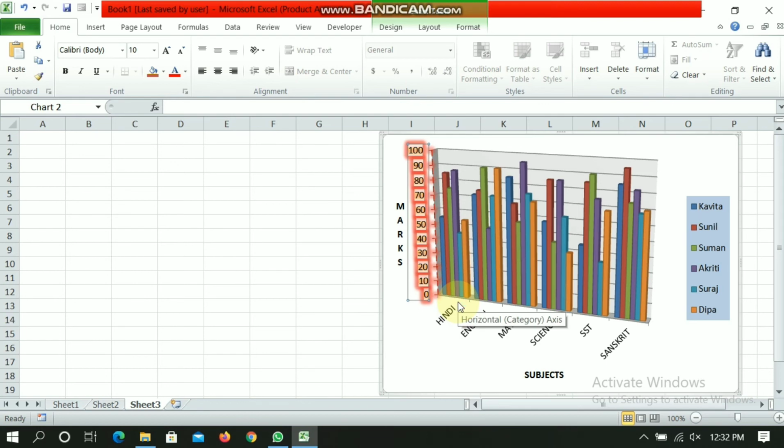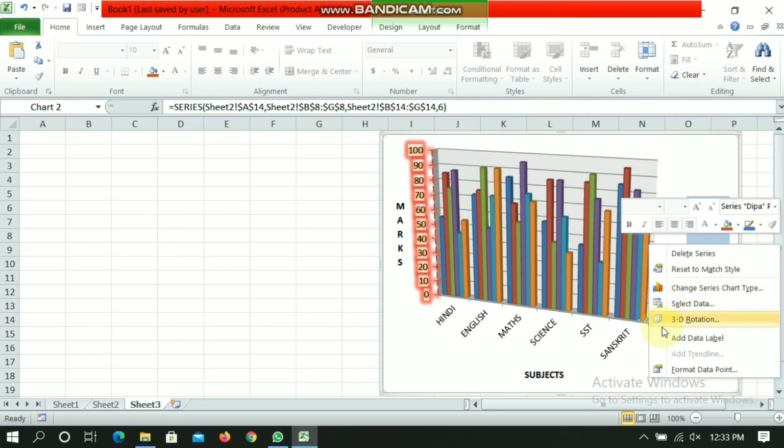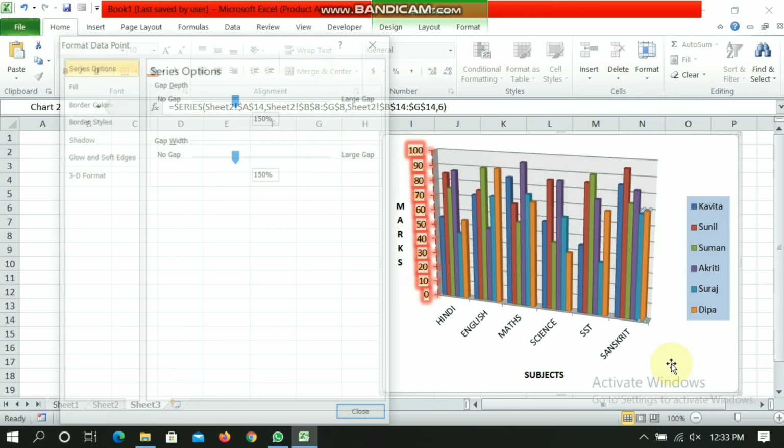Now next is formatting data series. You can format a data series by changing the bar colors, line, slice and shifting its position. So these are data series, and you can click on any one and you can change its detail. Here I am clicking on the orange one and right click and format data point.